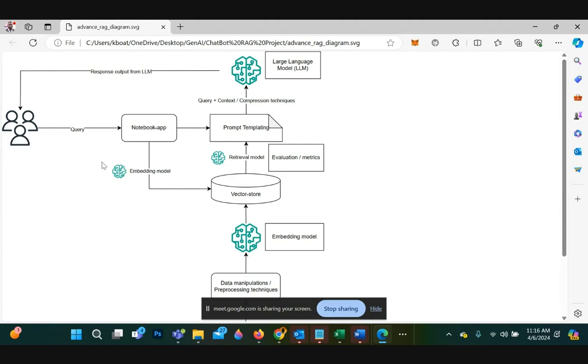How similar is this question to the information in the vector store? So it then retrieves the output.